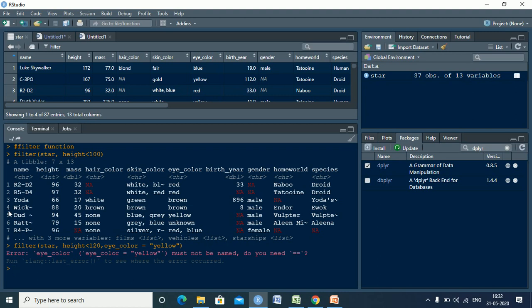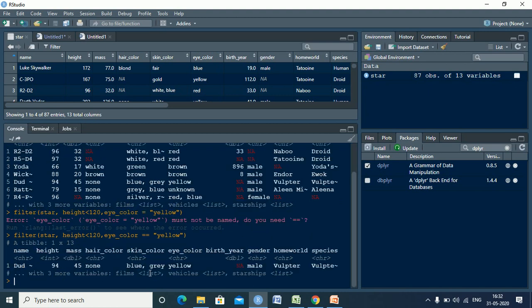Okay, sorry, it has to be a double equal to, so that is the exact value that it should read, which should be equal to yellow, right? So there are 3 more. So in this case, if you see, the eye color is yellow and the height is also less than 94.